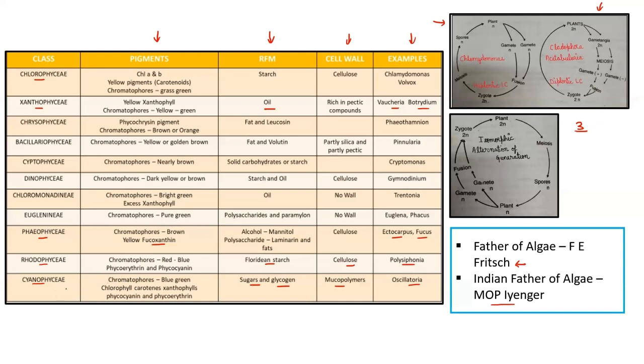Now, talking about this cyanophyceae, it contains nostoc, and these cyanobacteria belong to the order Nostocales, and they produce three kinds of cells in their life cycle. That is vegetative cell, heterocyst, and spores. These heterospores are of different shape. The main function of heterocyst is to fix the nitrogen. So this is important. Volvox is also called as rolling alga, and beside this, there is one alga which is